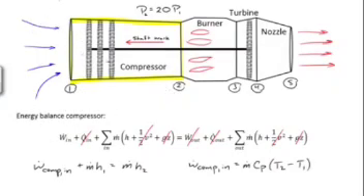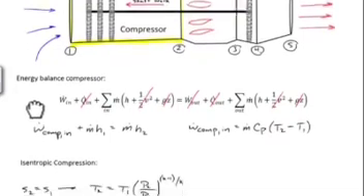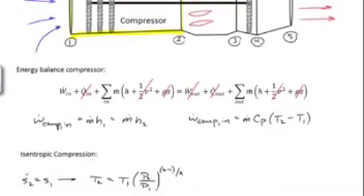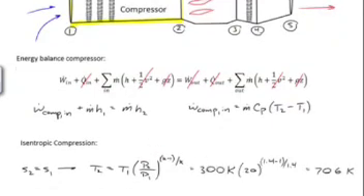But because this is an ideal compressor, it's isentropic, adiabatic, and reversible, we can use a relationship for an ideal gas. For that isentropic compression, because the two entropies are the same, T2 is equal to T1 multiplied by the pressure ratio raised to the (k-1)/k. And if I plug in values for this, using the ambient temperature, a pressure ratio of 20, and